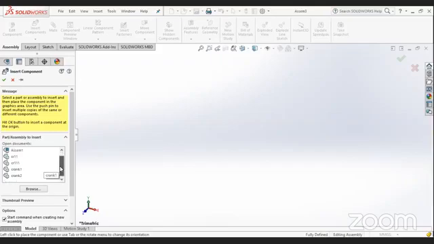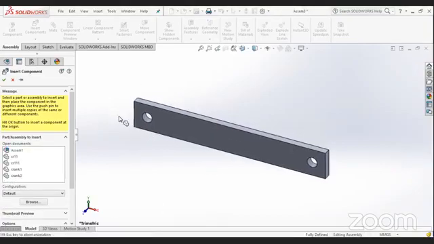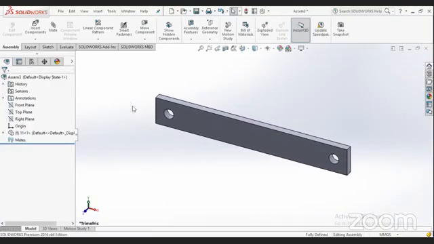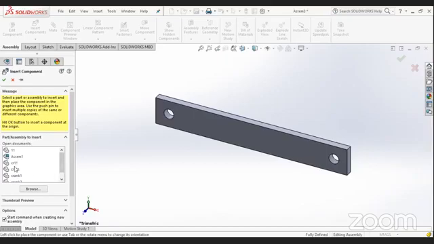So remember, candidates, the first file which you bring will get automatically fixed in SolidWorks. Our first file was, I think, the double one here. Now we'll be bringing the second, so I'll bring the crank one, this one.